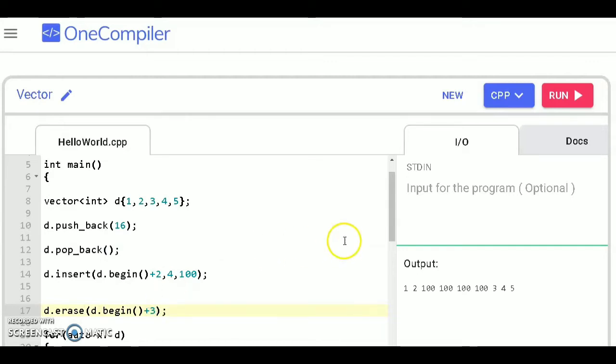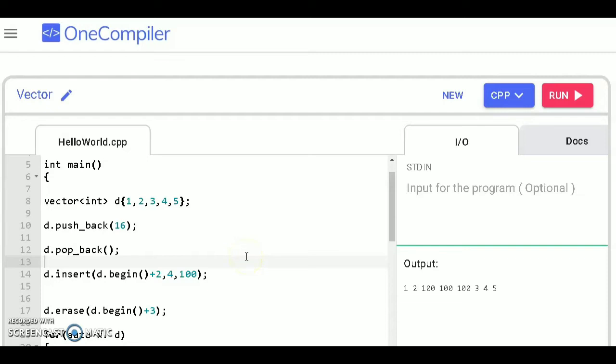So this will remove 100 from this position, this 100 will be removed. So let's see. So you see 100 is removed from this.